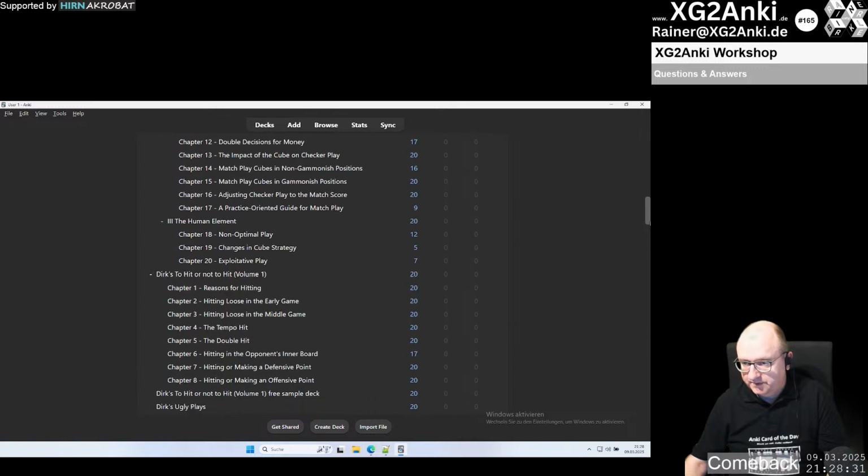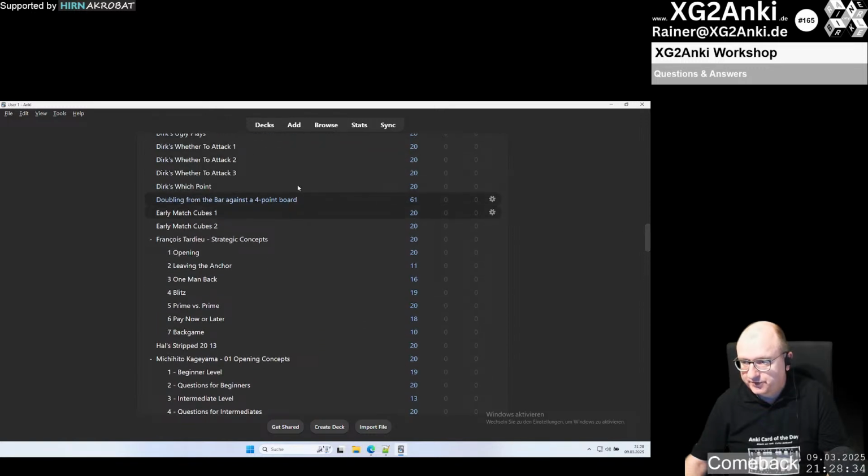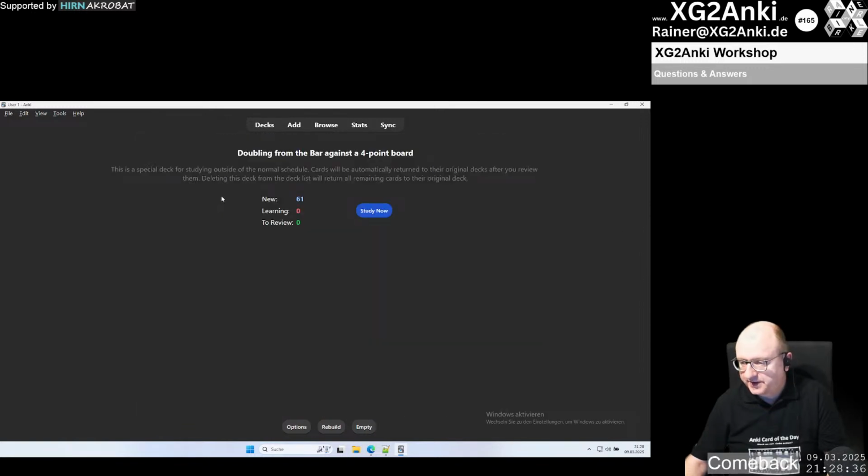You can also do, if you go inside this filter deck, you could also click here on the button rebuild, because maybe the data has changed, and if you rebuild, maybe there will be some additional cards that have not been there when you created the filter deck the last time. So you can go on rebuild, and it just applies the filter condition again. But since I have not changed anything, it makes no